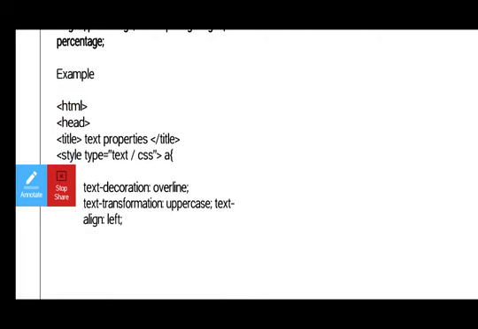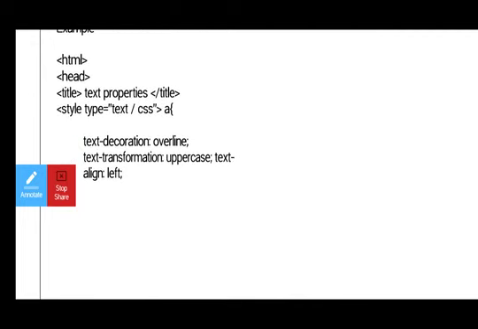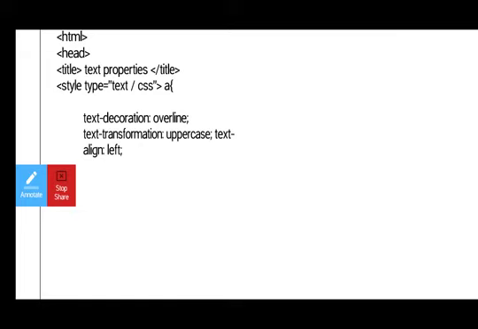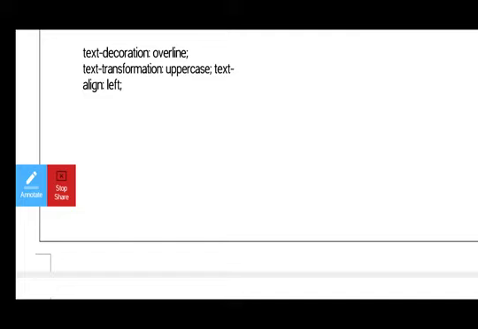So we can have the example here. In this, we are going to use an anchor tag in the style. By using the anchor tag, we have provided all the text properties here.